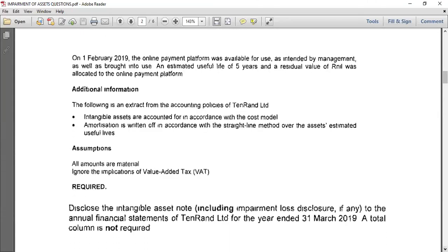Then we have on 1 February 2019, the online payment platform was available for use. That means from 1 February, that's when we provide for amortization as intended by management, as well as brought into use, and it had a useful life of 5 years. So the amortization will only be for 2 months, February and March. Remember, our year is ending in March. The residual value is nil. Right, so our cost would be